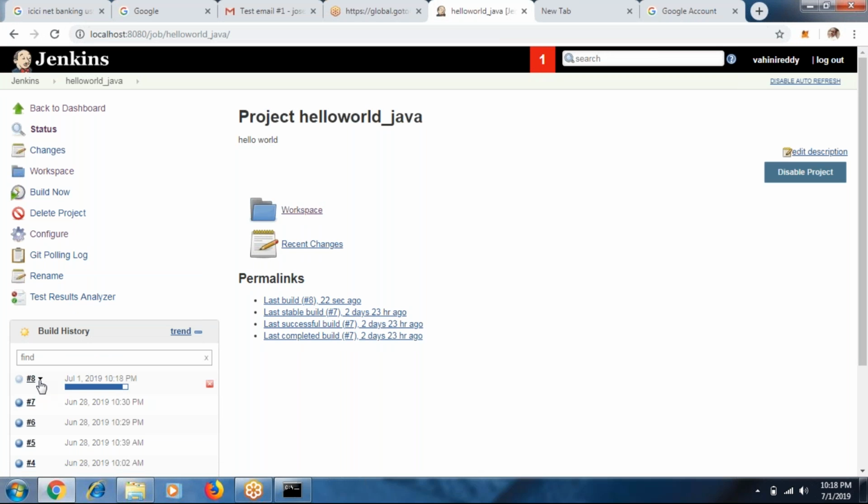Okay, now go to console output. Viny, click that button first. Not that, there is a black mark, right? If you click that black mark also, you will get the console output here. What exactly we are going to do is see the output of your job. Wait, it will go. Click it.